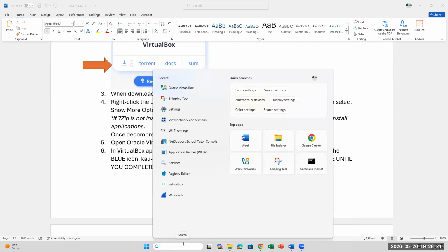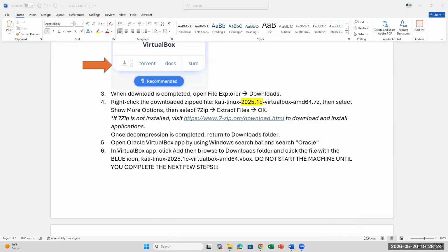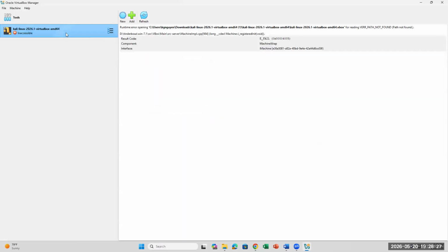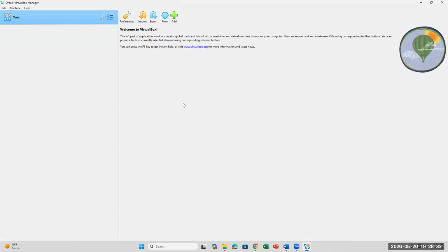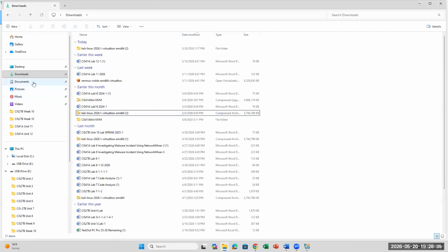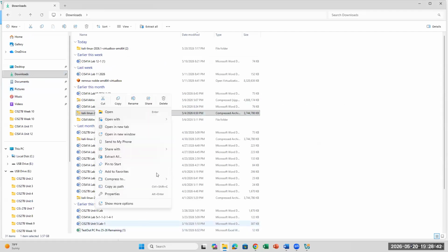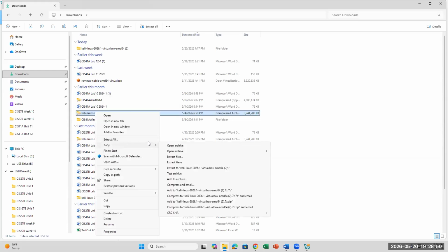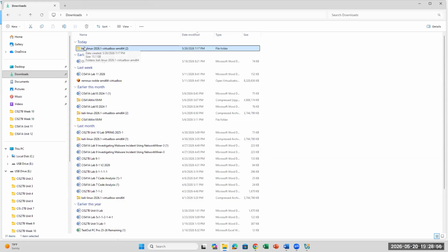So I'm going to go ahead and open up my VirtualBox. I already downloaded and extracted my VM. So by now, we should be very comfortable with loading our virtual machine, right? I had it under my downloads folder from a while back. I just re-extract or decompress this version. I had downloaded multiple over time. So show more options, go to 7-zip, extract file, and I have this folder saved under downloads folder after it's